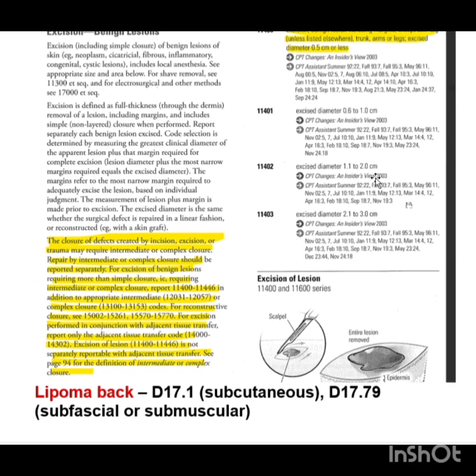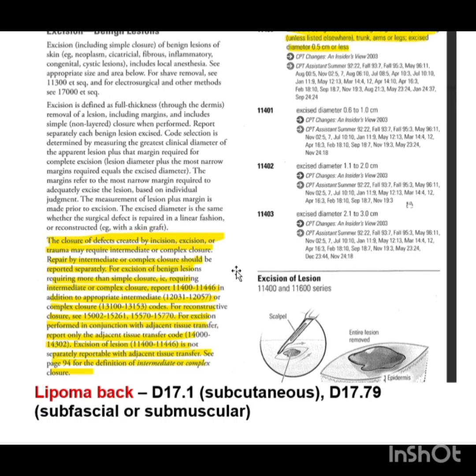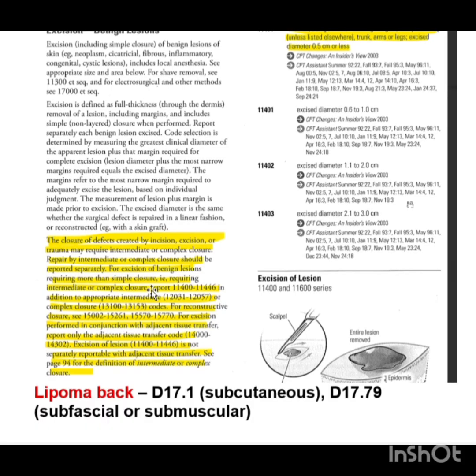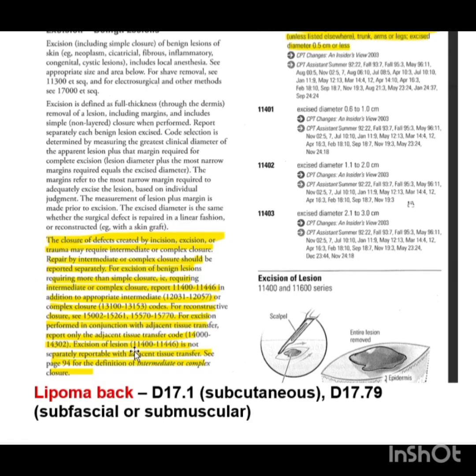So this is what is written, what I have already told you, that intermediate closure and complex closure are reported separately. And of course, the excision CPT is also coded separately. But if by chance it is ATT, then we do not code the CPT of excision. We only code ATT in that. Okay? So lipoma